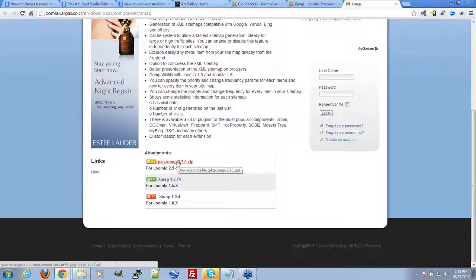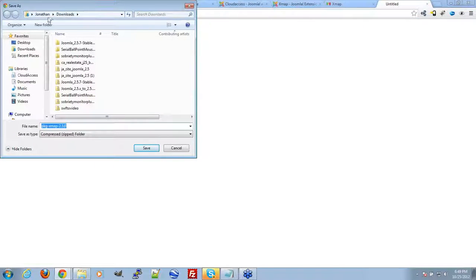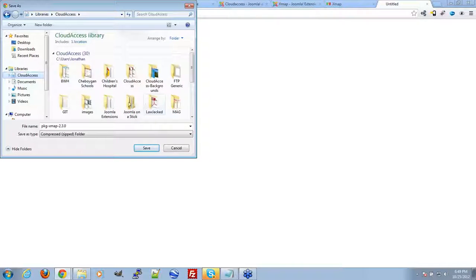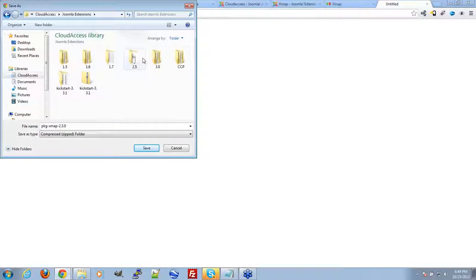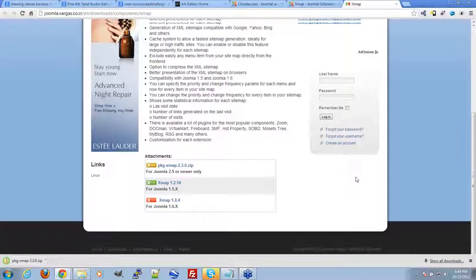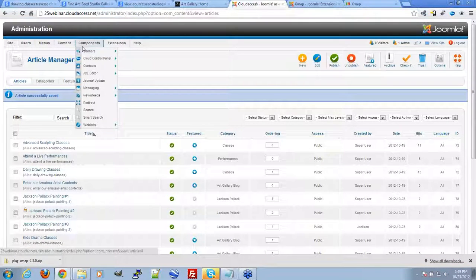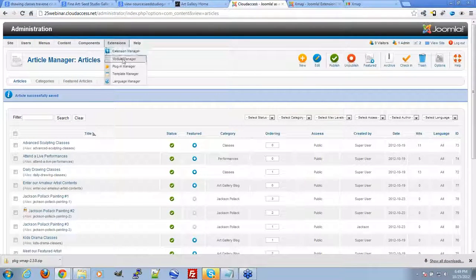different versions. We're going to go ahead and take the one for Joomla 2.5 or newer. Save. Okay. Now what I'm going to do is just go and plug that sitemap generator into the site. Hopefully you're familiar with uploading extensions at this point, but I will go ahead and give you a brief tutorial